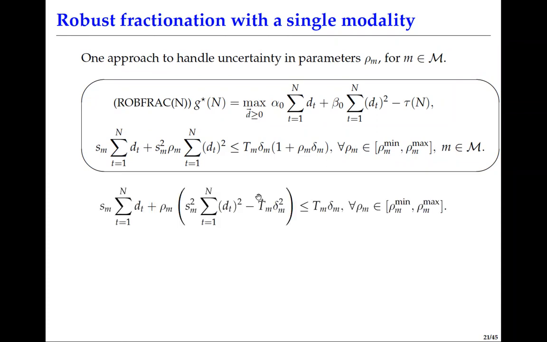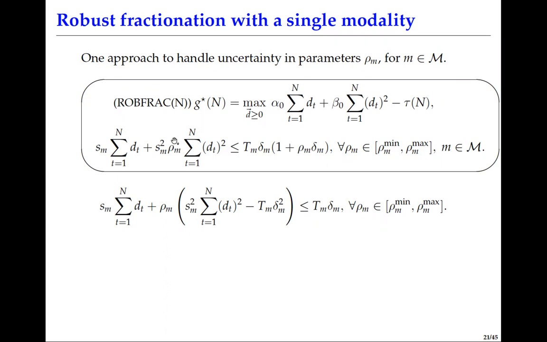So let's look at this constraint. By the way, one point I wanted to make is that uncertainty in alpha 0, beta 0 parameters in this robust framework is actually easy to handle because they simply are appearing in the objective. So in a worst case analysis, you simply look at their smallest values because you're trying to maximize the objective function here. So that's why I'm not going to focus on the uncertainty in the alpha 0 and beta 0, the tumor parameters, but it is more interesting to look at the uncertainty in the normal tissue parameters rho m,